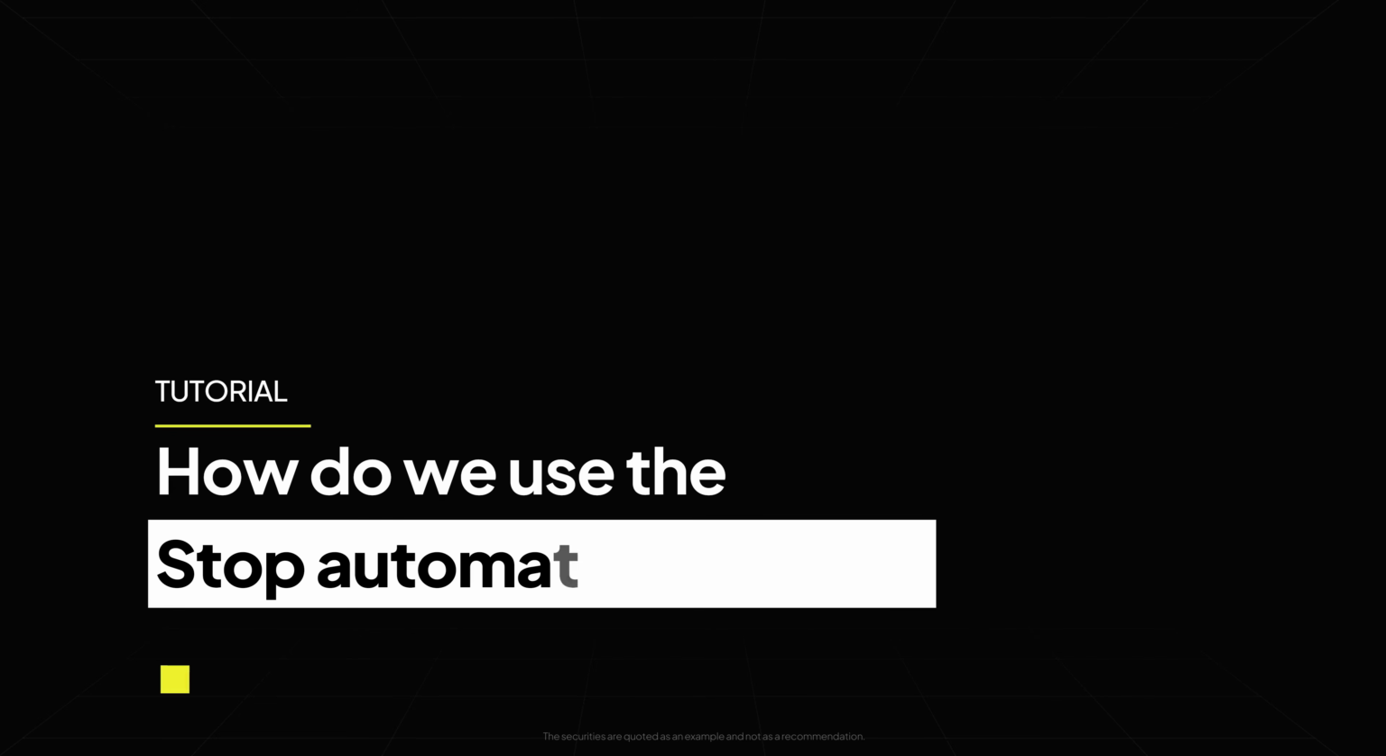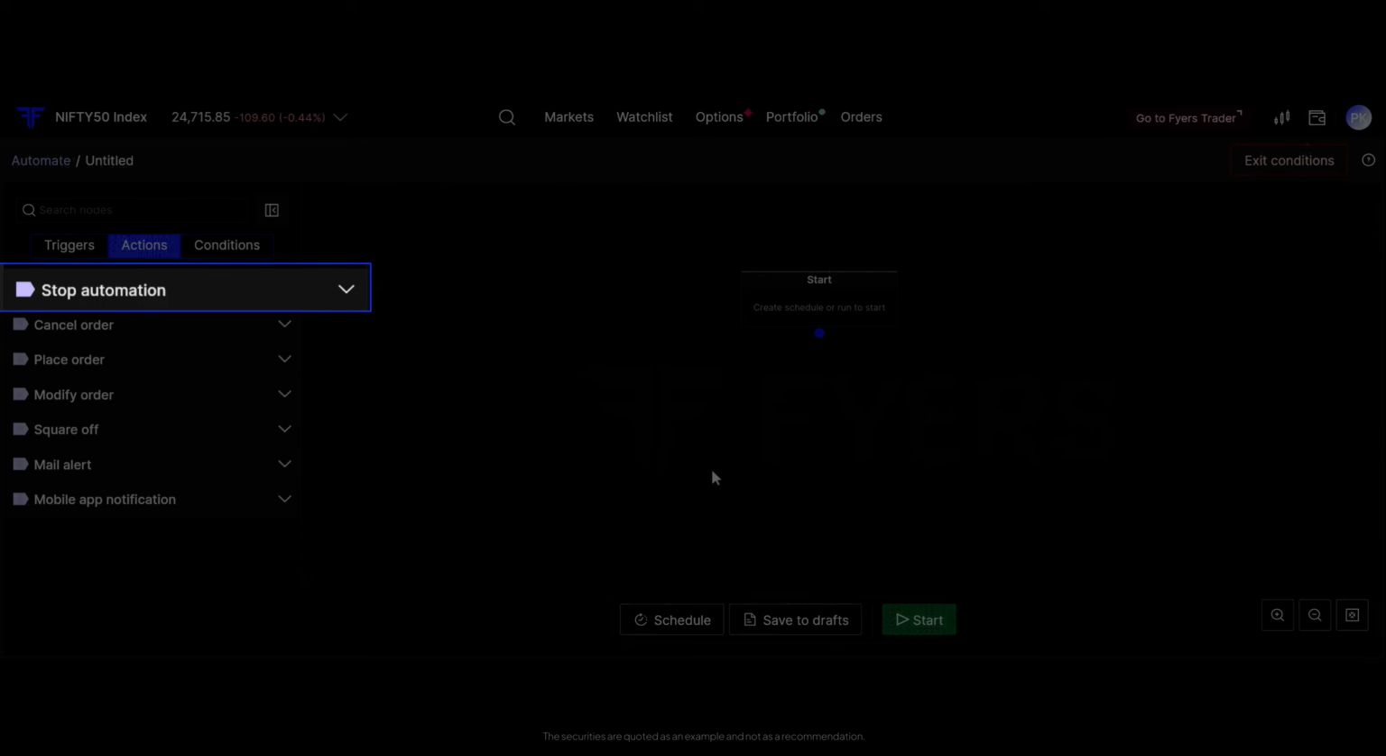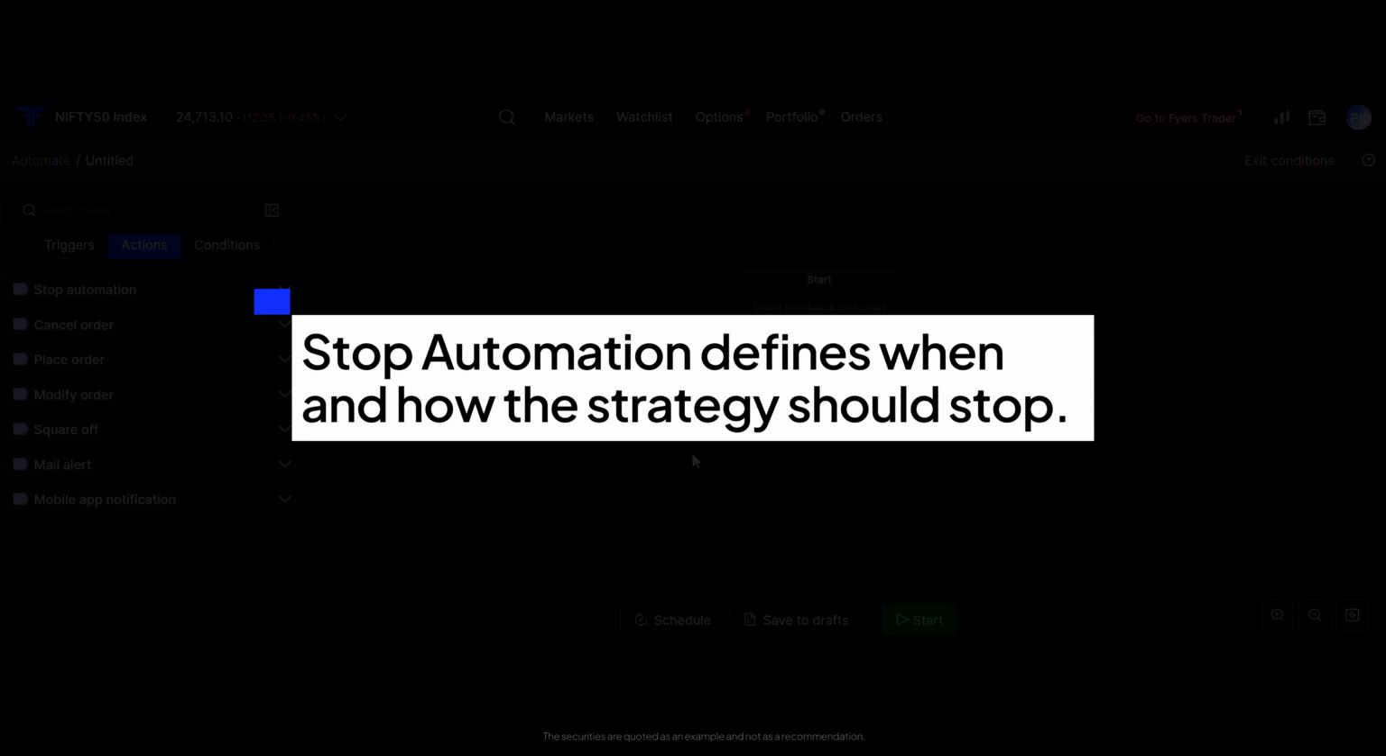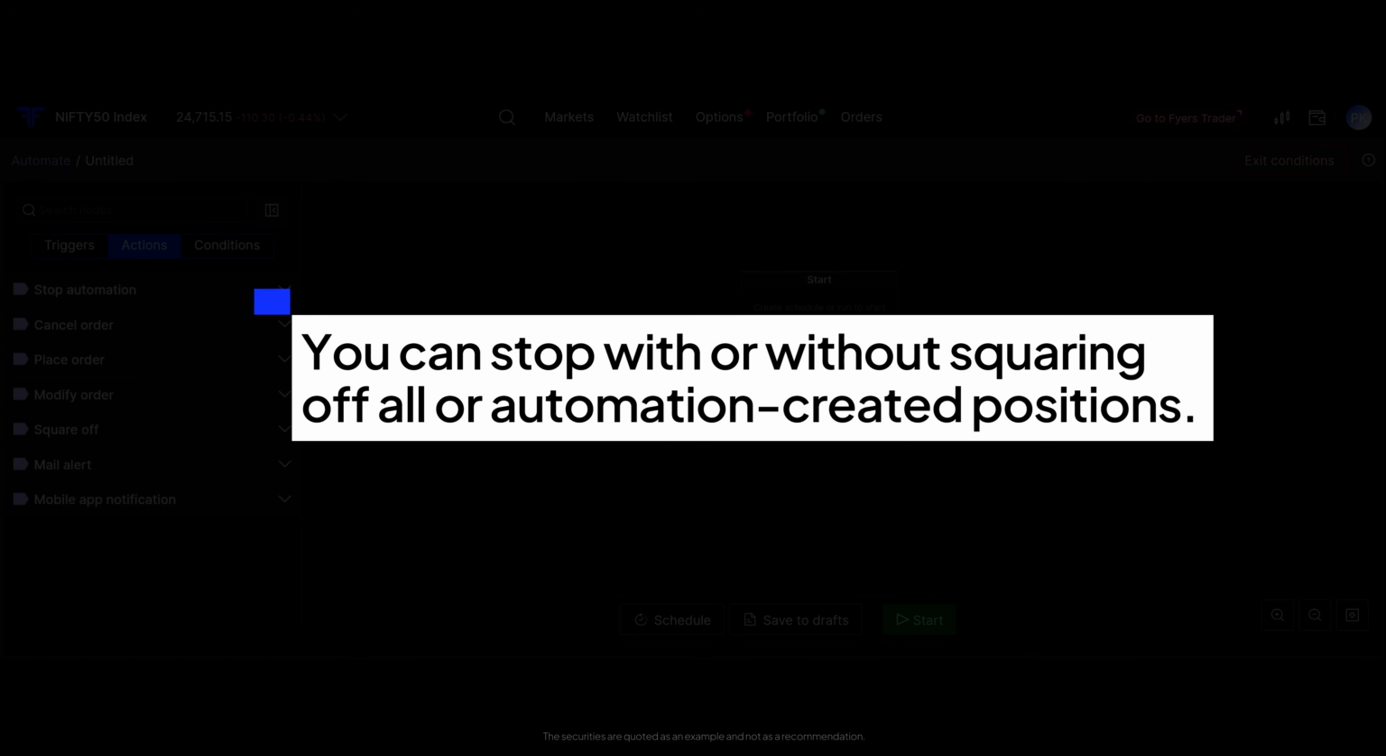How do we use the stop automation action? The stop automation action is used to define exactly where a strategy should stop and how. You can stop the automation with or without squaring off positions, either for the entire portfolio or only positions created